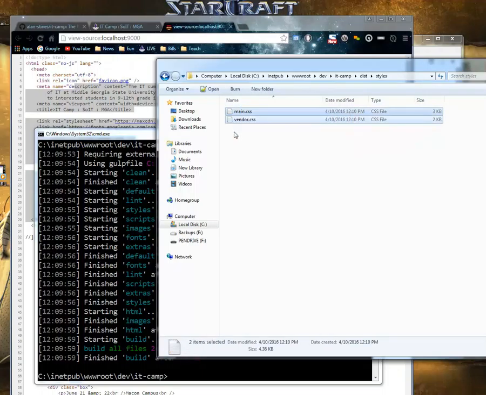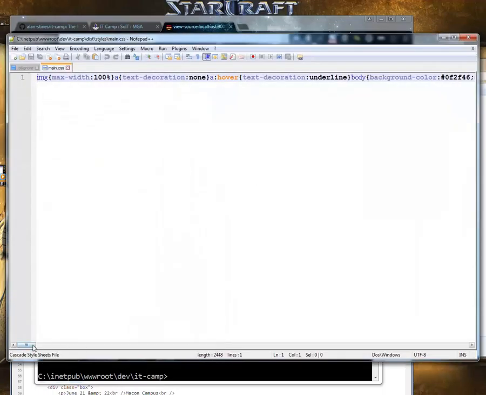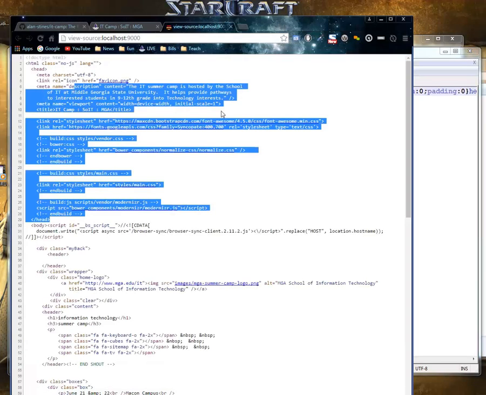If I look at main CSS, this would be my translated Sass file. It's completely minified, and it's defining its rules its own way. It's kind of hard to see, but see how it's combining rules here, header h1, header h3. That's not really how we defined it. This is the Google font that we're using, Syncopate. When we define that guy, header h1, header h3,